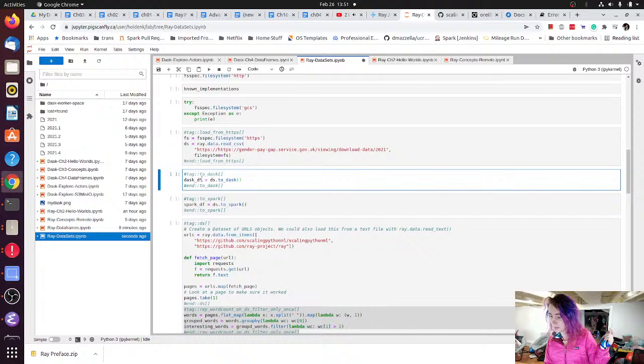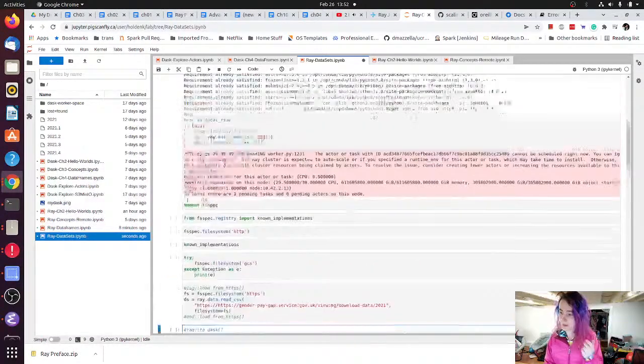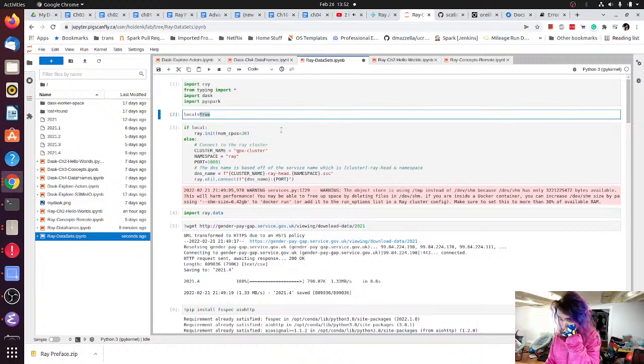These two, probably not going to work. Although, actually, I don't remember if I've rebuilt the cluster image recently enough, maybe it will. Oh, actually, I don't actually know if I have